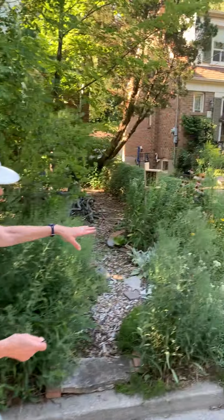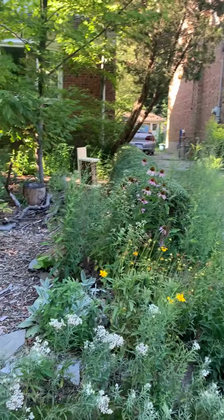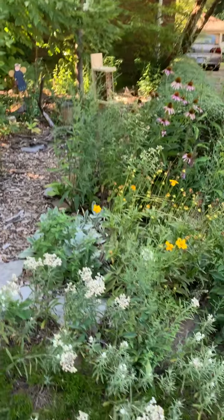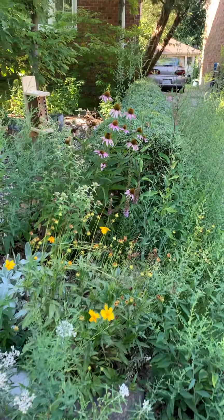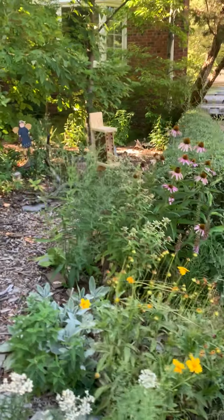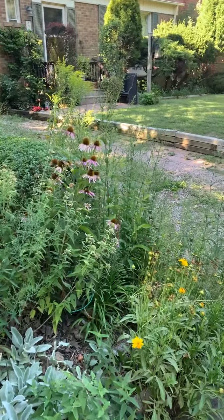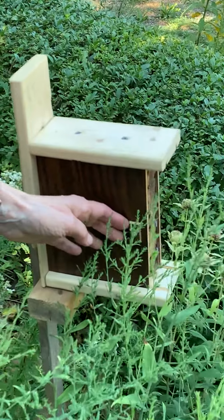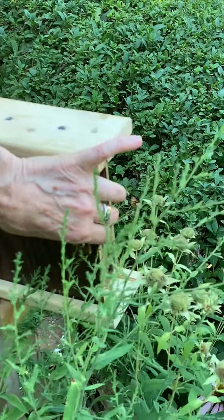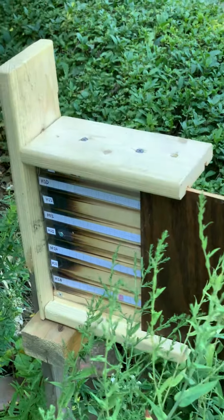This is usually in the first half of the day a very hot sunny spot, so we have things like asters and pearly everlasting, coreopsis, liatris, etc. here, as well as some Monarda fistulosa. This is also a bee box that a candidate for the PhD student in University of Ottawa is measuring